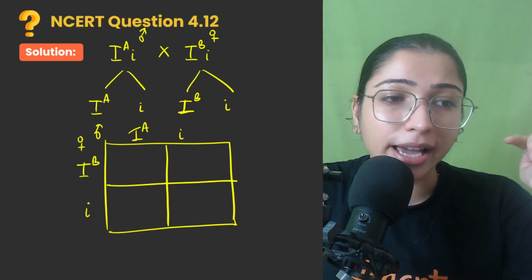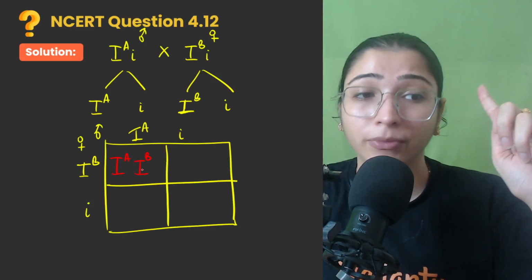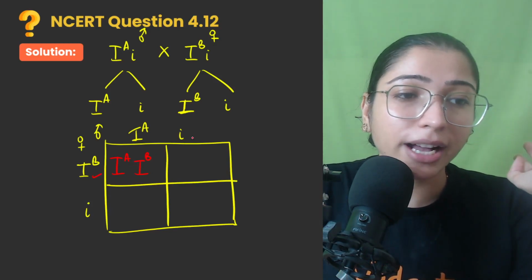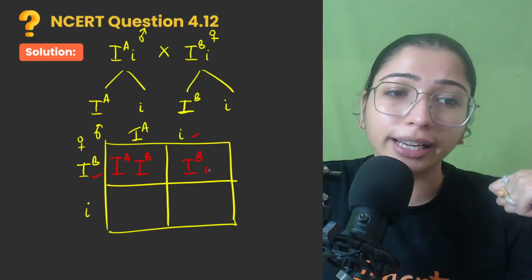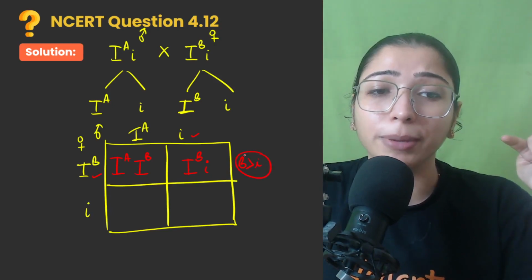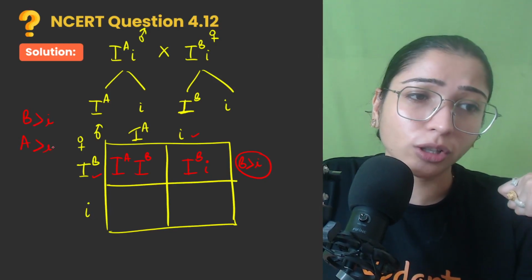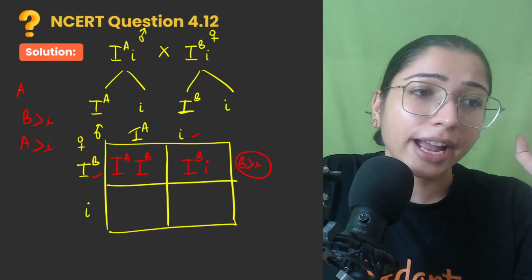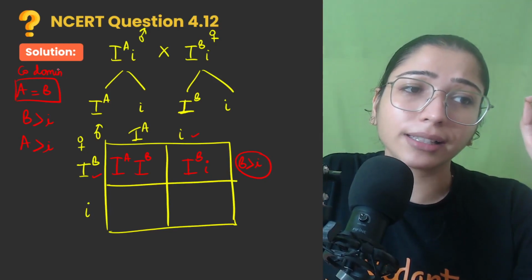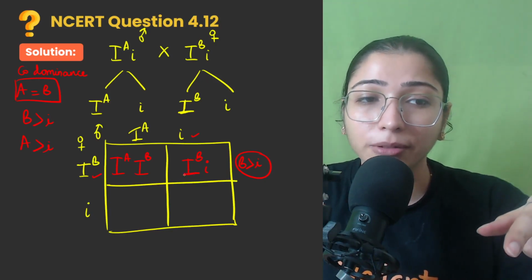तो progeny में अगर आप I^A और I^B को mate करेंगे तो आपके पास एक individual आएगा who will have a blood group of AB type, right? A और B हमें पता है co-dominance show करते हैं, so both will be equally expressed. Similarly अगर मैं I^B को i के साथ mate करूंगी तो I'll get a blood group type of B, because you know B is dominating. तो आपको इसके लिए relation पता होना चाहिए. B is dominating over i. So you should know B is dominating over i, A is also dominating over i. Basically i recessive है and A and B are equally dominating. So they show co-dominance. तभी जो पहला केस है उसमें हमारे पास जो individual obtain हुआ है he or she will have AB blood group. Similarly second case में we will get B type.